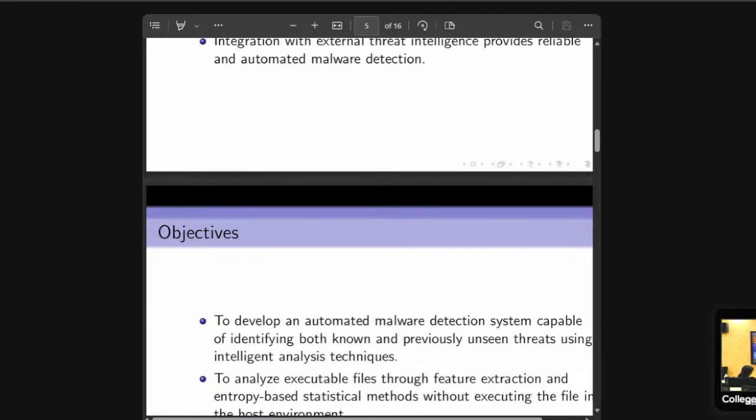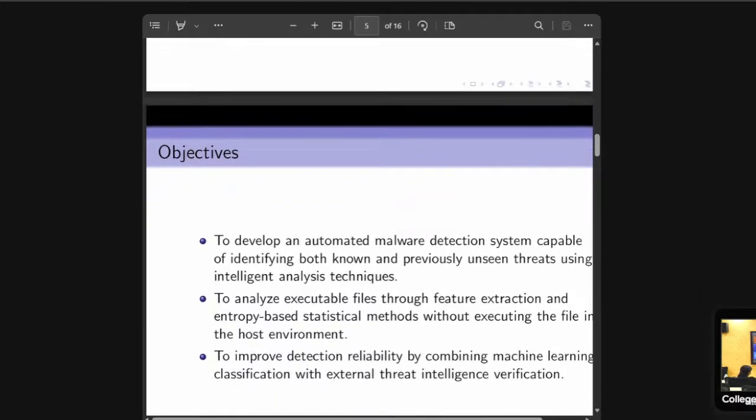The objectives of this work are: first, to build an automated malware detection system; second, to analyze executable files safely without executing them in the system; third, to improve detection reliability by combining machine learning classification